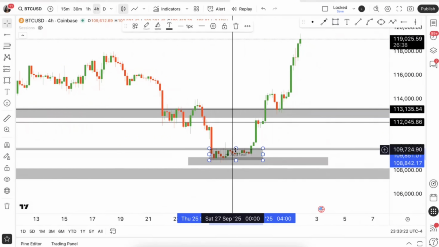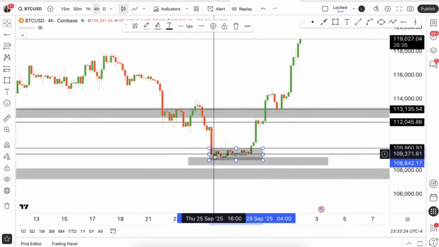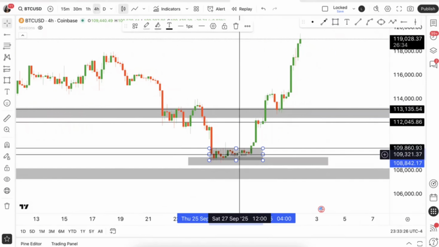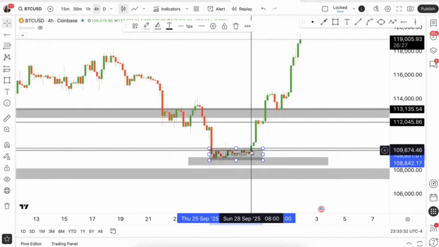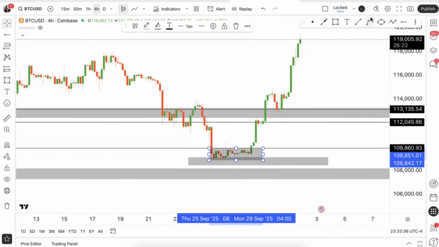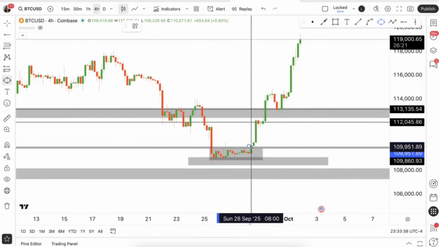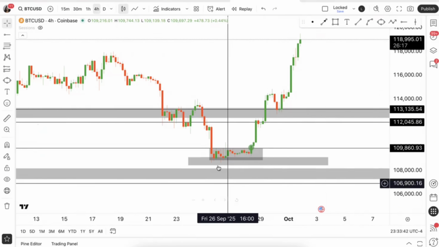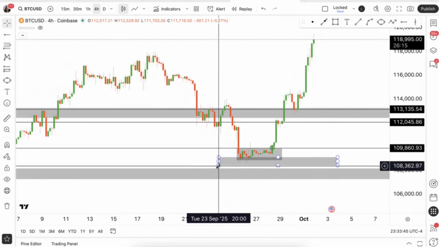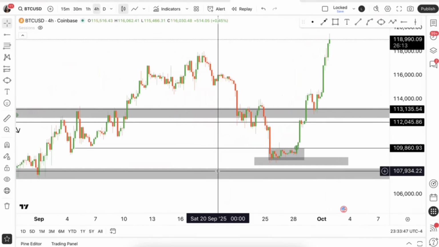So then once price is done fighting for hours, so this is a few days, 2 going on 3, almost 4 days. Price is fighting for 3 to 4 days, sitting here. Then price breaks out. This is a sign of price being bullish. But we cannot fully buy off of this. We cannot fully tell if price is going to be bullish for the long run. How can we tell price is going to be bullish for the long run?